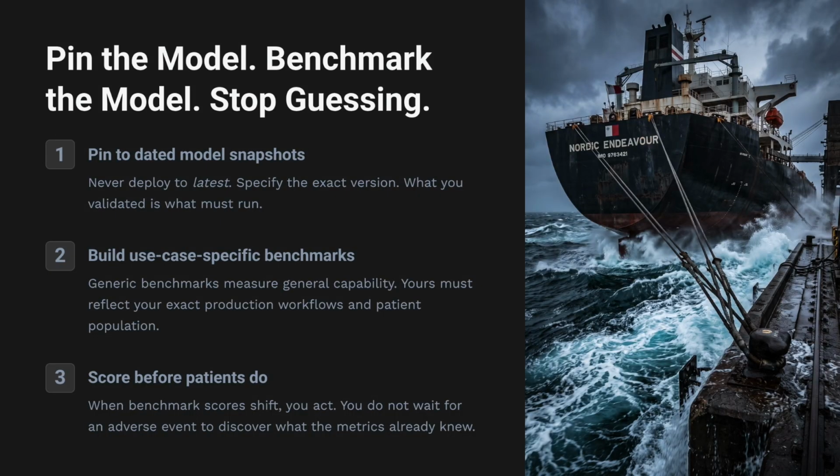None of this requires new technology. It requires infrastructure discipline. 5 components, each one already standard practice in industries that take model risk seriously. Number 1. Stop pointing at moving targets. Do not use tracking endpoints like latest model or GPT-4o. Pin to specific dated model snapshots. You control when the model changes. You regression test before migration. The LLM ops community now treats version pinning as a foundational deployment practice, not an optional configuration.